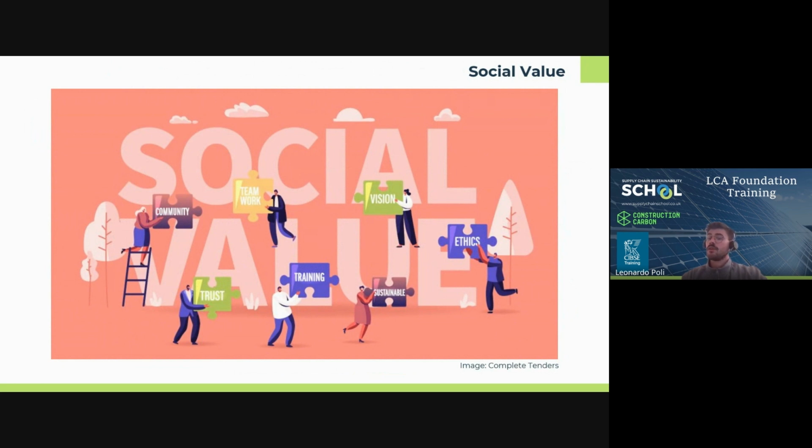Internally, a construction company can do the same. It is important to communicate with site workers and employees in general in order to identify any unmet social needs and put appropriate CSR initiatives in place in order to make up for those. For example, if there is a lack of diversity within a building team, a company may put an inclusion strategy in place to identify suitable candidates that fulfill diversity metrics.